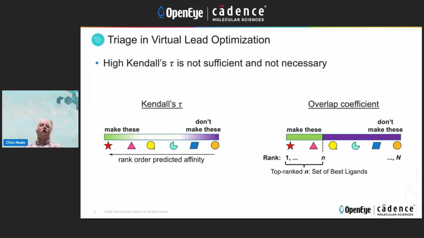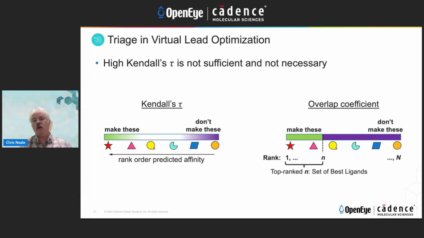So I've been talking about these in terms of Kendall's tau, which is what I'm showing on the left. We rank order the ligands, and then we ask, how well does that rank order match the experimental rank? And that's absolutely the way to compare two methods on large data sets like this. But in your weekly DMTA cycle, it's not always clear that it matters that you can predict all of the ligands accurately. In fact, you're very likely going to rank order them, pick some of the predictions from the front